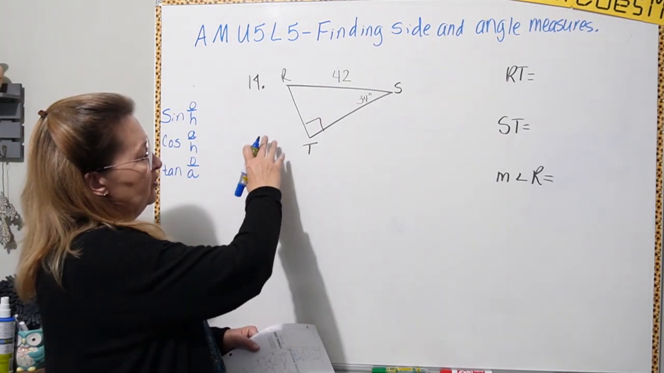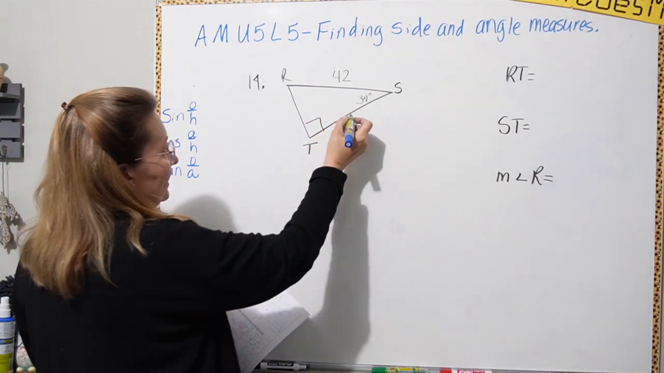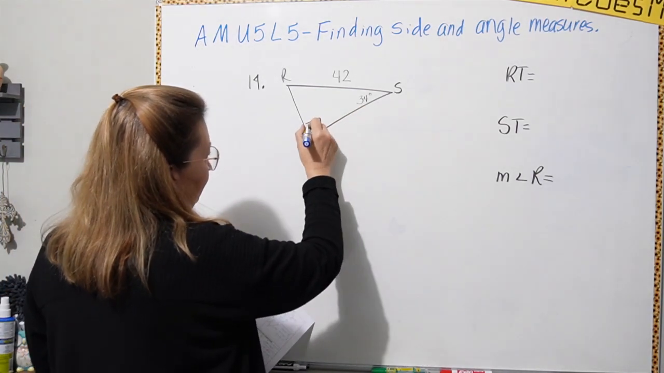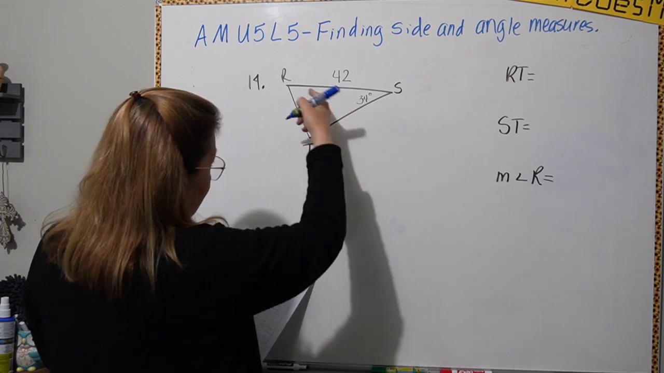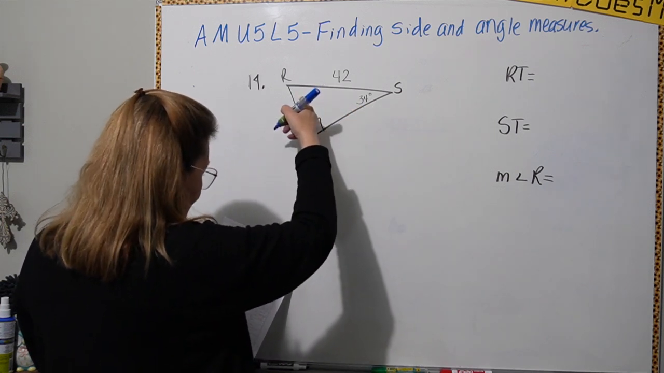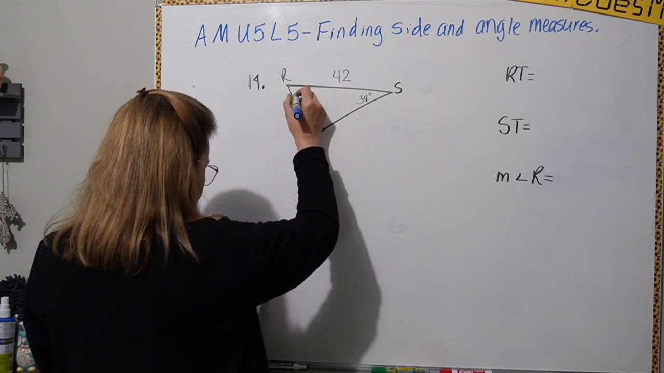Okay, for number 14, we're going to solve another triangle. So we start with our angles. I look inside. I see this is my right angle, so that's 90. I see this is 34. So the first thing I'm going to do to find this missing angle is subtract 90 minus 34. And that's going to give me